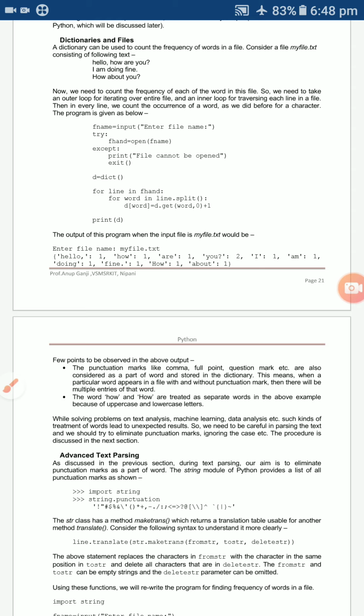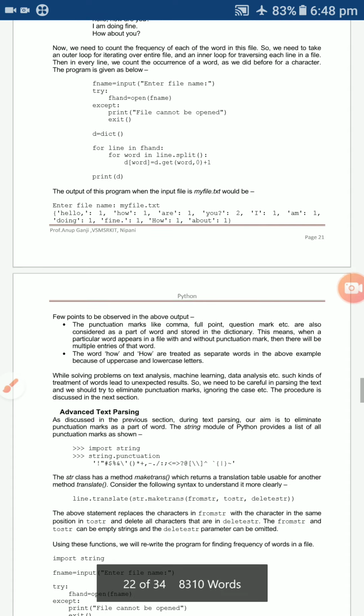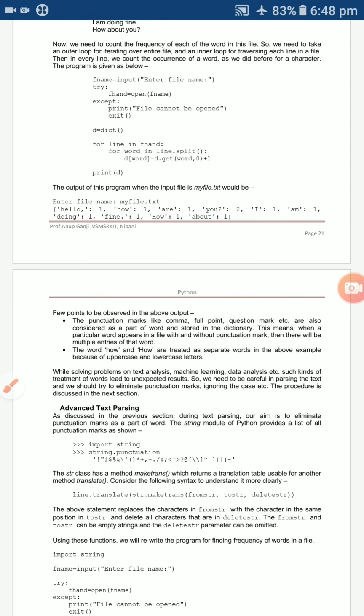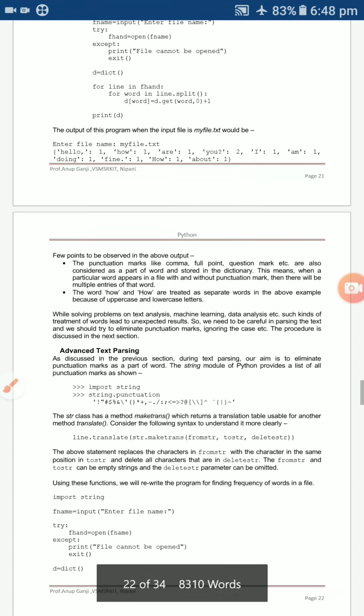If it is not open, it will display that the file cannot be opened, and it will exit. So if it is open, it will have some lines in the file handler, for words in that file. Automatically it splits, and however many words there are, the words will be displayed. If it is accurate, it will display the corresponding values. Otherwise it will display the default values.